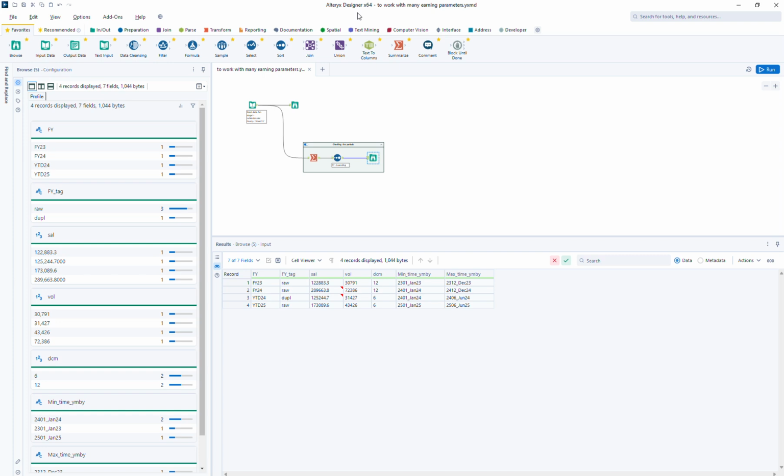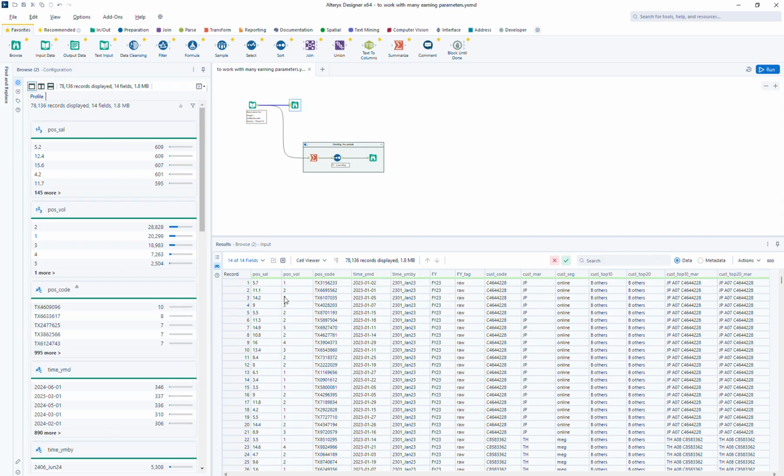Hi guys, we will play around with many earning parameters at the same time. By earning parameters, I mean those parameters that help understand the quality of earnings in FDD. In this particular case, if you look into the POS data, the earning parameters include the